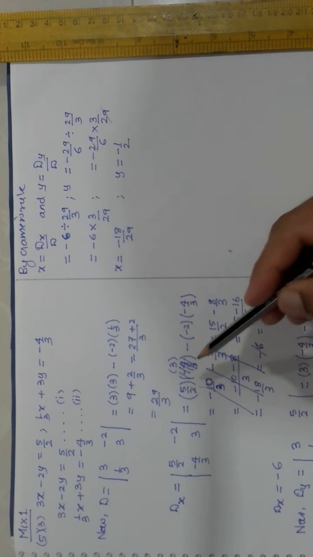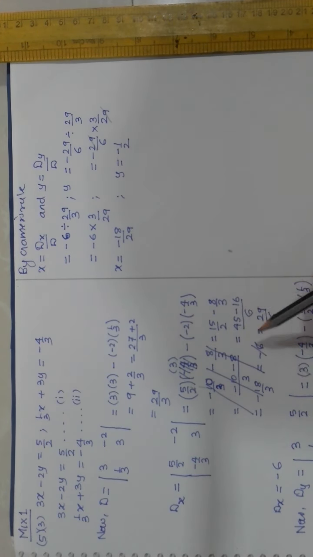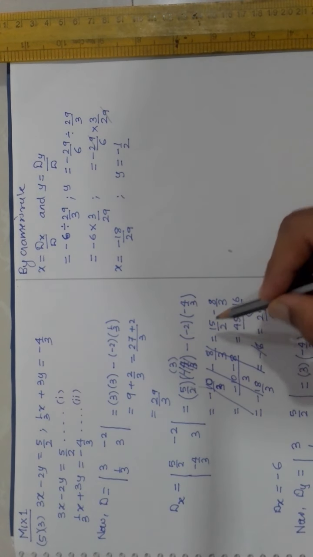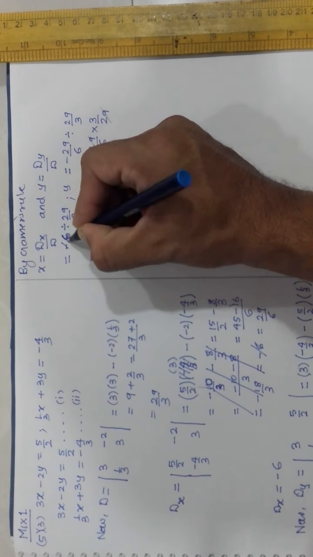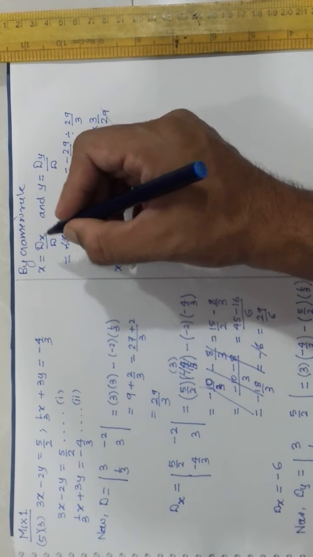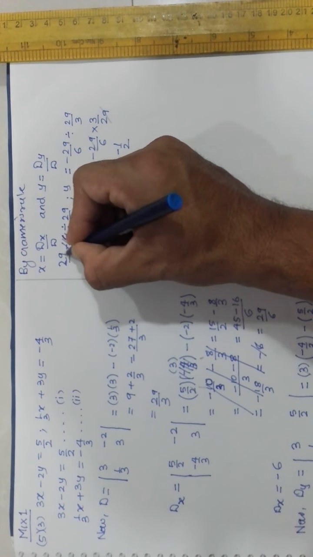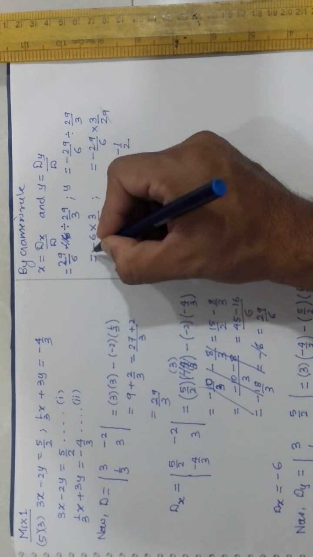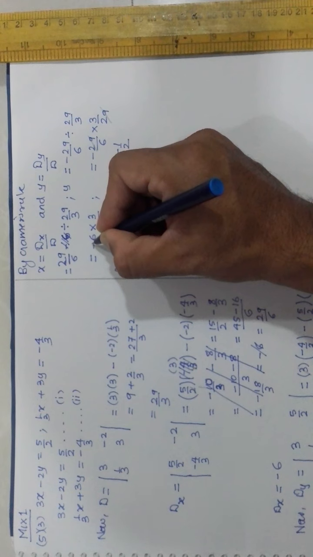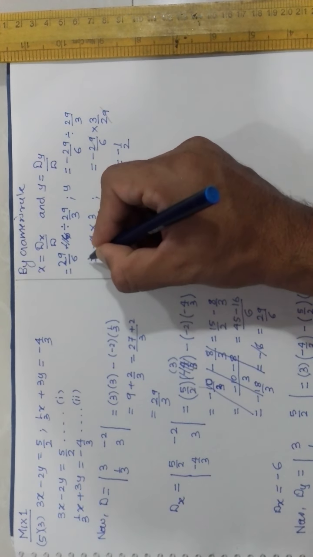You can see here this minus 4 by 3 I have written as 3, and after solving we get this particular thing, that is 15 by 2, and then the final result is 29 by 6. So here your dx becomes now 29 by 6. So this d which I have written as dx as minus 6 is going to change. So here I am writing it as 29 by 6, and even here I am writing it as 29 by 6.